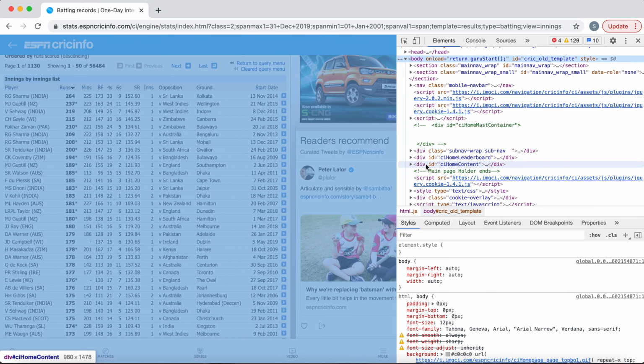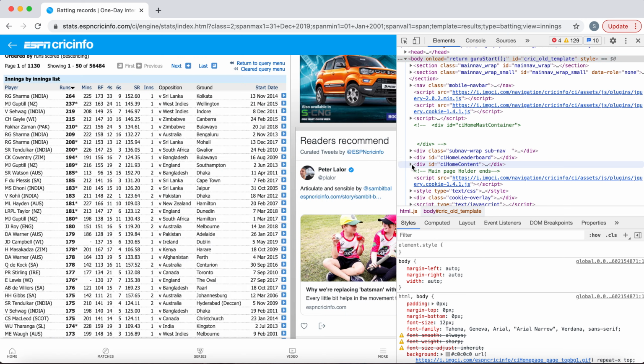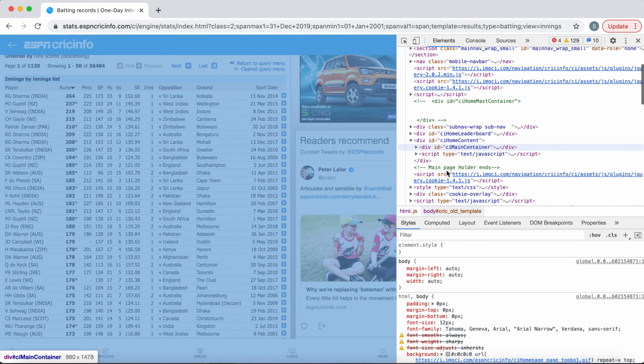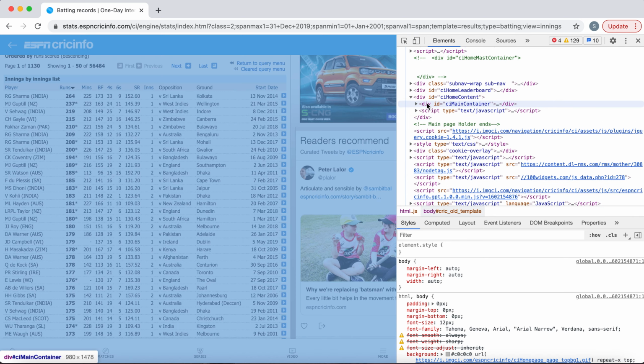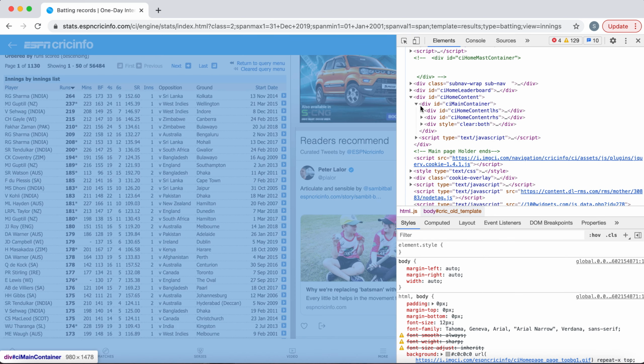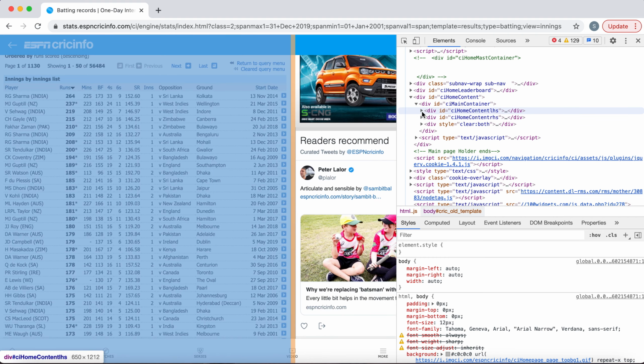A div tag is used to describe a particular section on that web page. Inside this div tag there is one more div tag, and we are interested in this section.